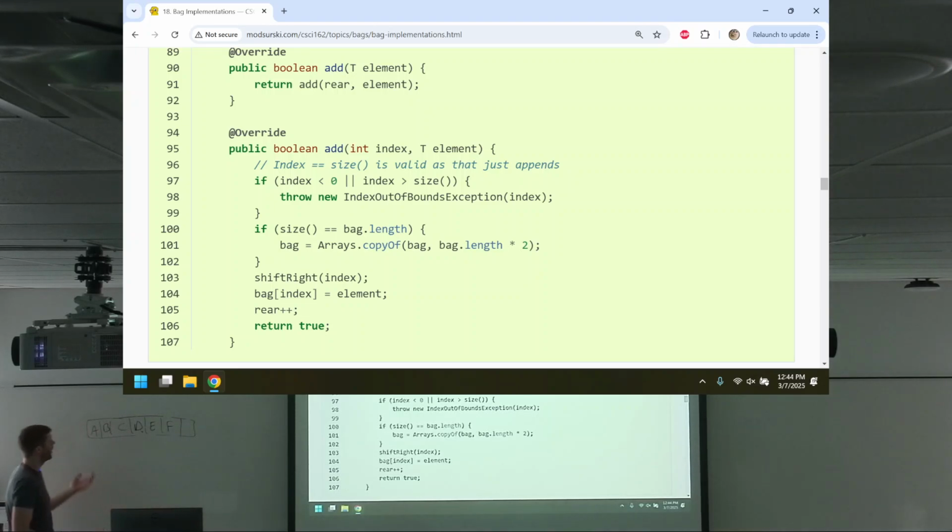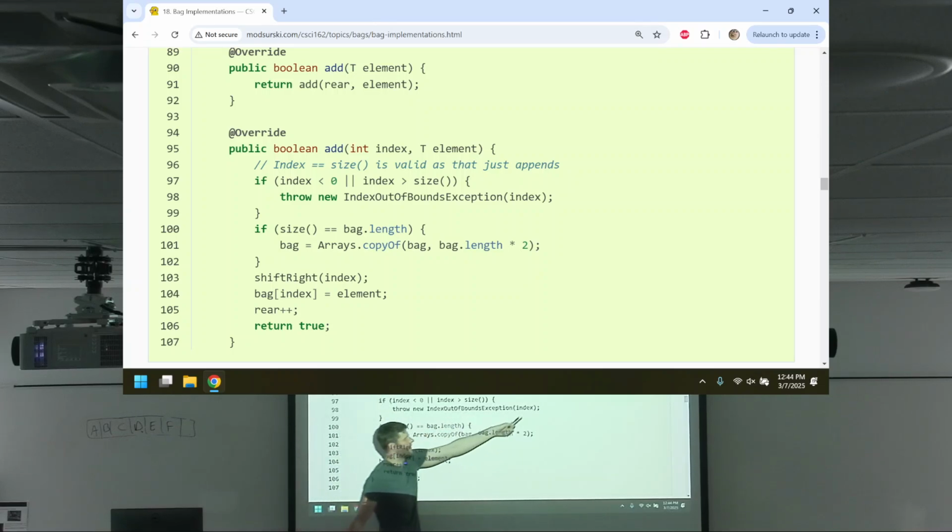here. You would say, well, how big is this list? 1, 2, 3, 4, 5, 6, right? So if you were to say index, okay, 0, 1, 2, 3, 4, 5, 6, you might be tempted to say that doesn't exist, but we're adding. And that last spot is actually valid. You can add to the next available spot, effectively. So that's the one little peculiarity there. That's what that comment is. Index of size is valid because that's like the appending.